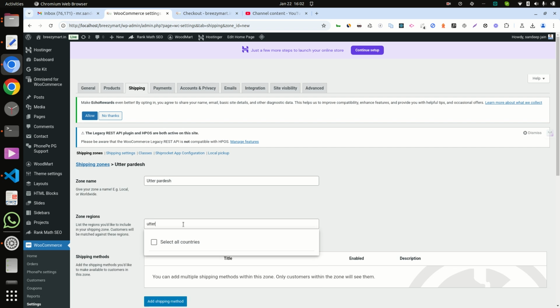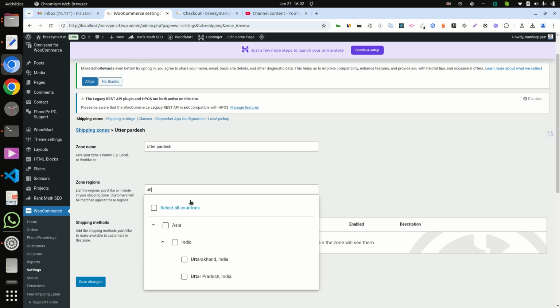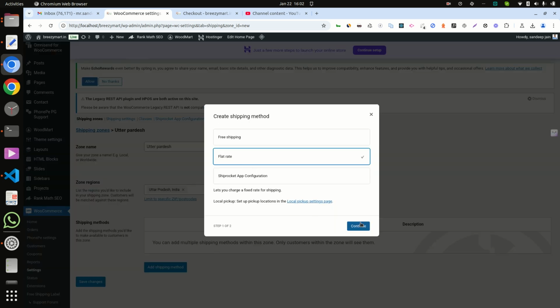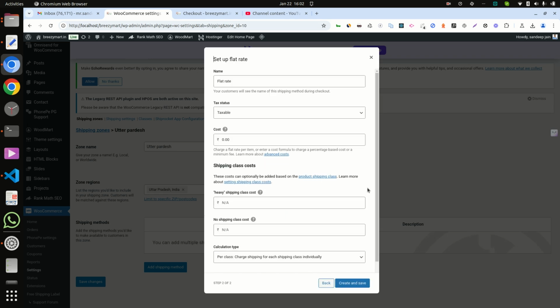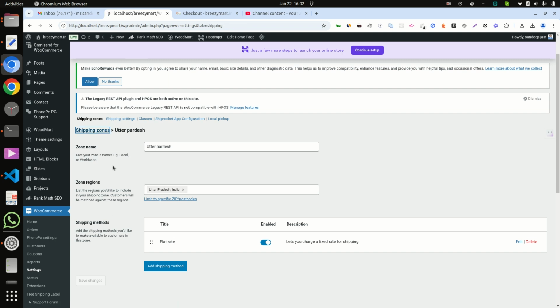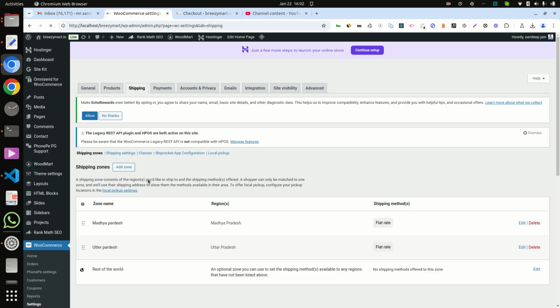Now search Uttar Pradesh. Okay, Uttar Pradesh, and now click on flat rate, and it is 100. Now if you want to add more shipping zones, then you can add them here,